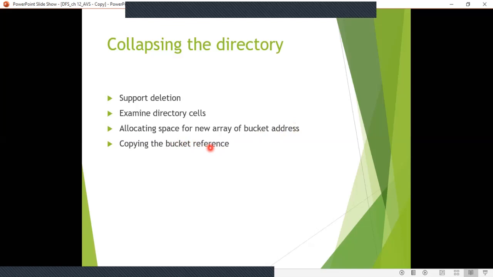Okay, so in the deletion process, first you have to find the buddy bucket. Once you get to the buddy bucket, you have to combine the directories, isn't it? How to combine the directories? You have to flip the last bit of the address and then delete the directory.